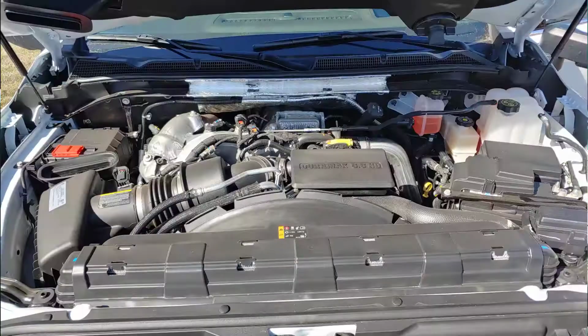This has the 6.6 liter Duramax. Did I say that right? I did. 6.6 liter Duramax turbo diesel. This has the 10-speed Allison transmission, and it has the improved rear axle. So you have the different options for the rear axle depending on how you want to package it for what you want to do. This one has the